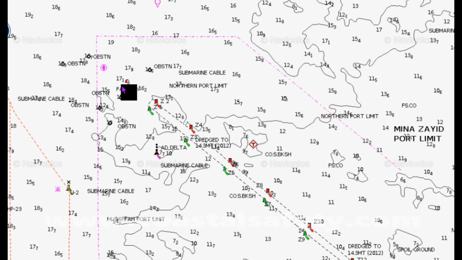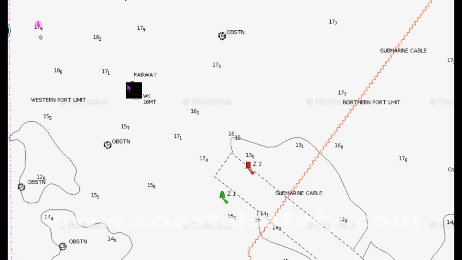Then as you go further in towards the port, you'll see this next buoy here, which is red and white, vertical up and down, and this is the fairway buoy, or the safe water buoy. You can approach this from many angles. All the areas are safe. However, look here on the chart, we've got this little symbol, and this is almost like the skeleton of a ship, and that's what it is. This is a wreck, but you can see it's 16 meters deep, so for most people that's not going to be a problem. So the next thing, after we've passed the fairway buoy,